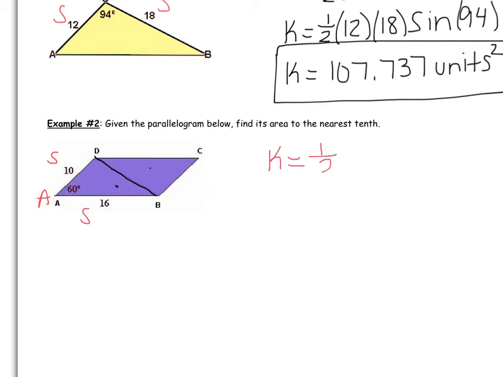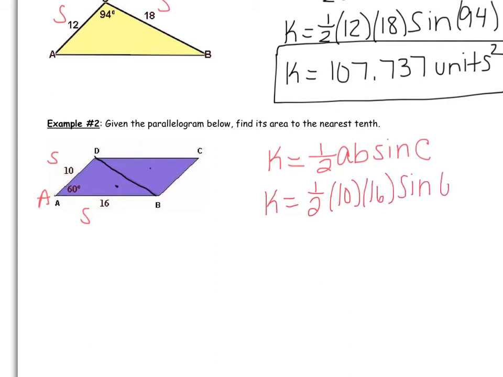So let's find the area. K equals 1/2 ab sine C. So remember, a and b are just the two included sides, and C is the angle between them. So K equals 1/2, two sides, 10 and 16, sine of 60. So K equals, take a minute, plug this whole thing into the calculator, and get me a number. That number should be